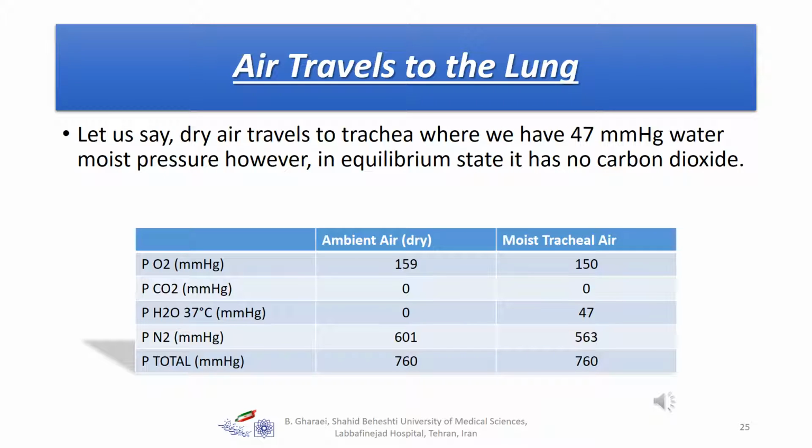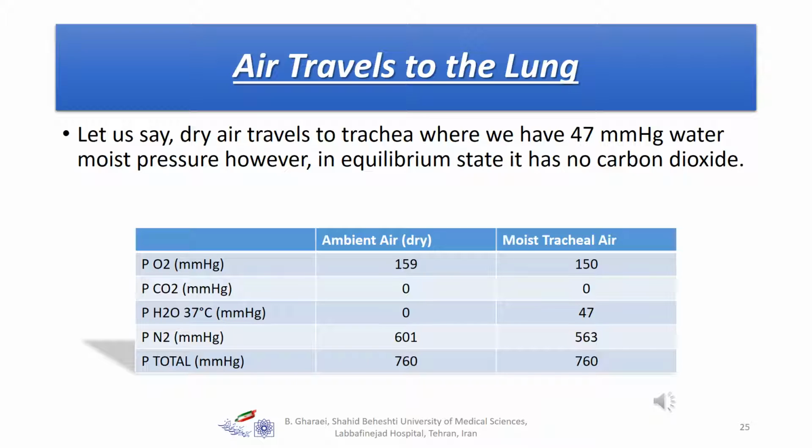In this part, we have a combination of two topics: the partial pressure of gases and the ventilation of gases, which now come to the lung. Let us say dry air travels to the trachea, where we have 47 millimeters of mercury water moist pressure. However, in equilibrium state, it doesn't have any carbon dioxide. As you can see in this table,